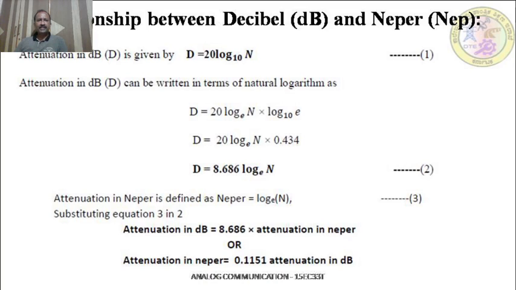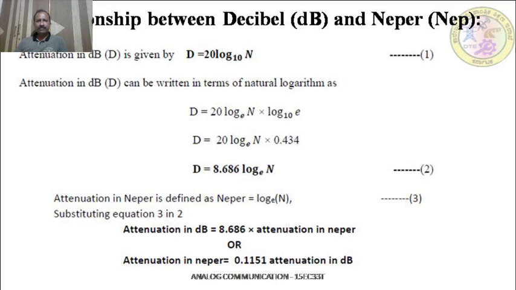Now attenuation in dB can be written in terms of natural logarithm. You can write D is equal to 20 log N base e into log e base 10. Using the logarithmic property, you can split this, and for this quantity you can calculate log e base 10. That value is nothing but 0.434, and then multiplying these two quantities you are going to get decibel D is equal to